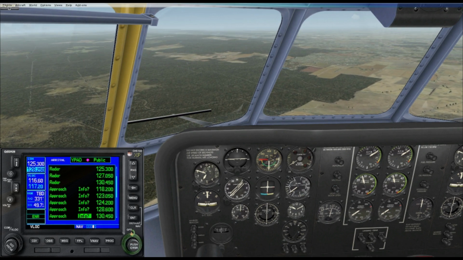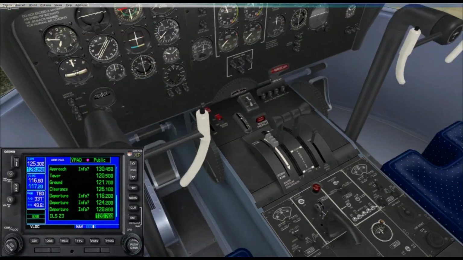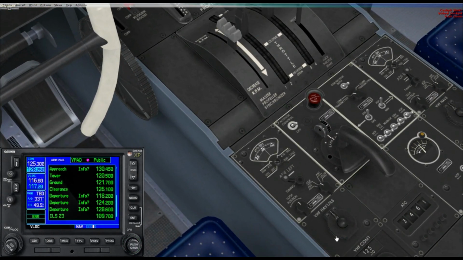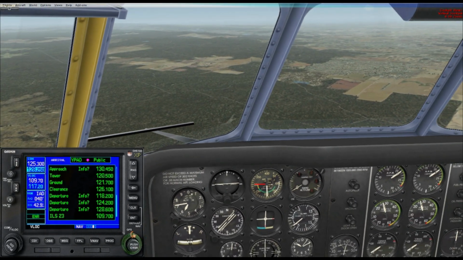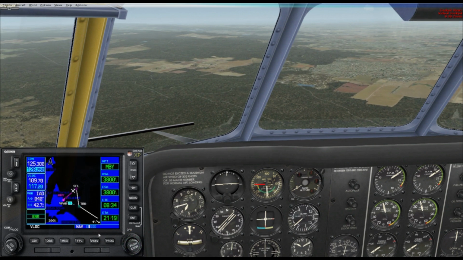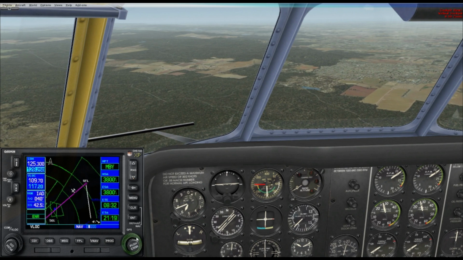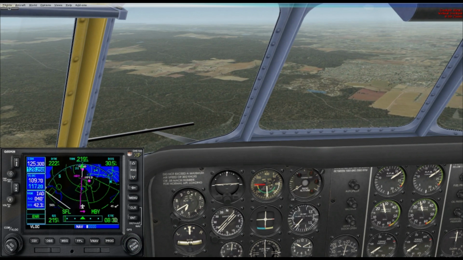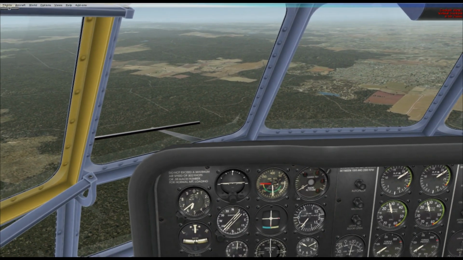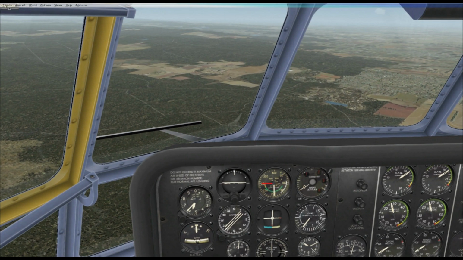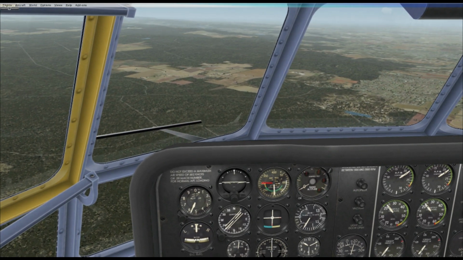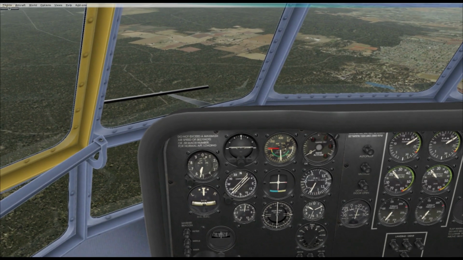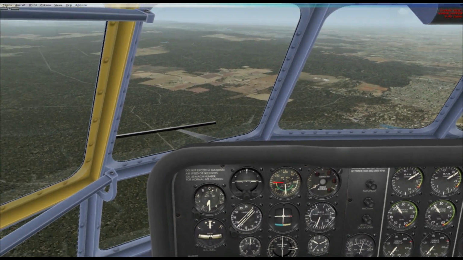ILS frequency for runway 23, which is 109.7, 109.7. Now that we've